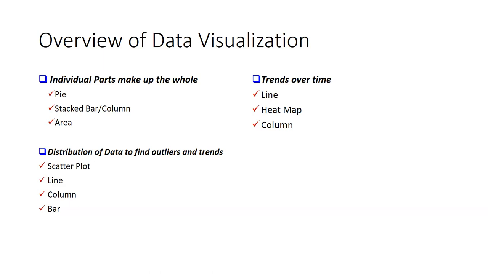Or if you want to study certain correlations, statistical correlations among data by time, we can also project the visualization as a heat map, or we can also use a column chart. That's why, if you see, the column chart or bar is the most widely used one for measuring the relationship for qualitative or quantitative data items. That's why they are the default data visualization schemes in most of the analytical software.